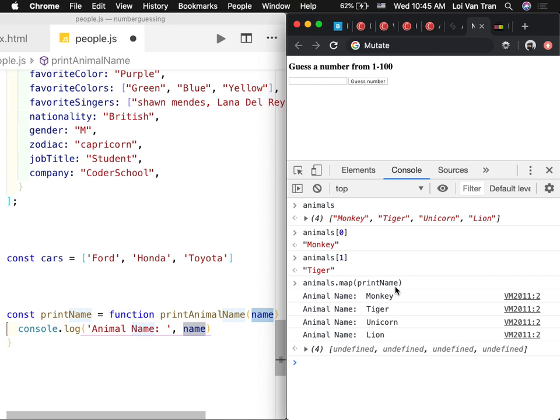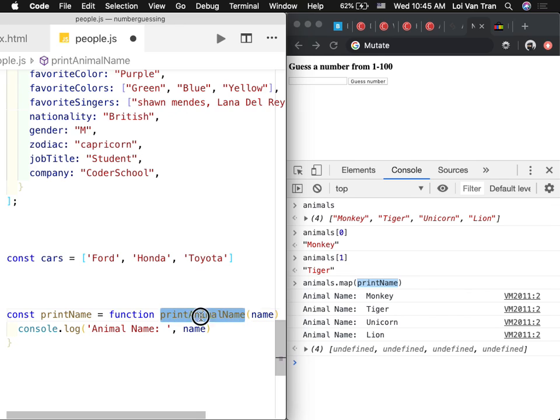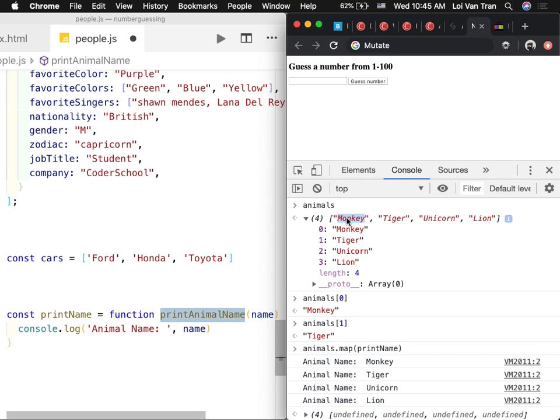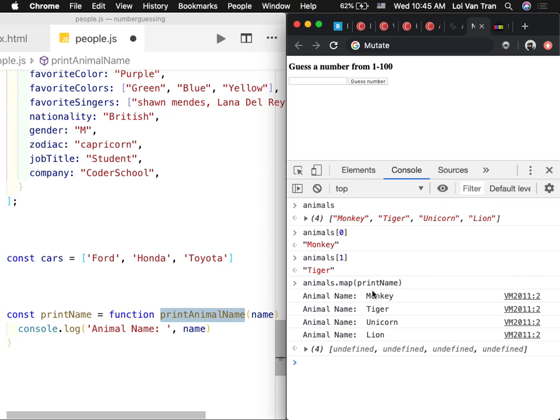Yet, we had this print out 4 times. Why is that? Because our map function will call the function that was passed to it one time for each and every element. So the first time that this print animal name function ran inside this map, this loop, what was the animal that we had? Right? The second time it had